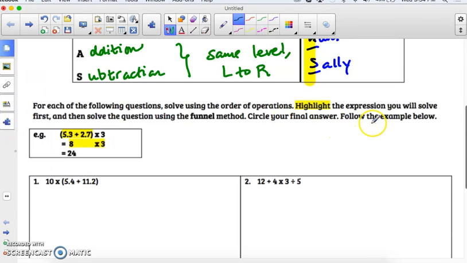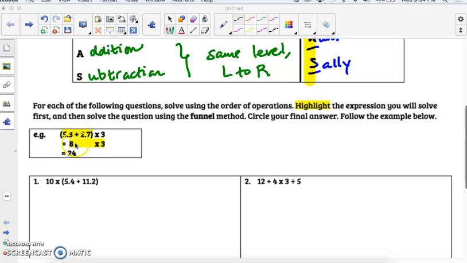Circle your final answer and follow the example below. So here's the example here for you. As you can see in the original equation, you have 5 and 3/10 plus 2 and 7/10 in brackets times 3. Now, notice you have the brackets appearing first anyway, so you're going to solve 5 and 3/10